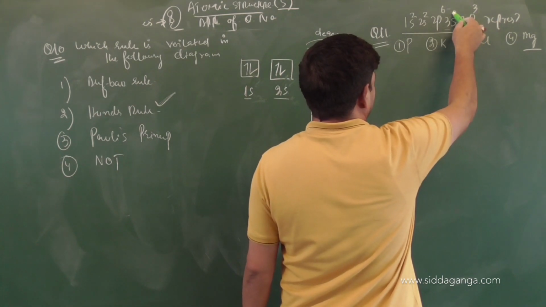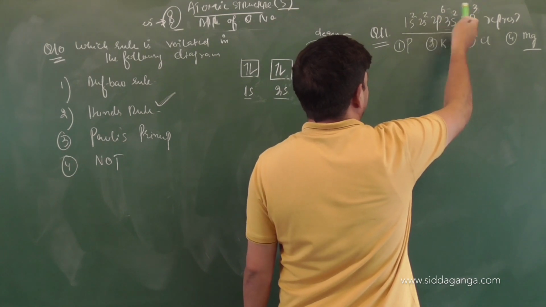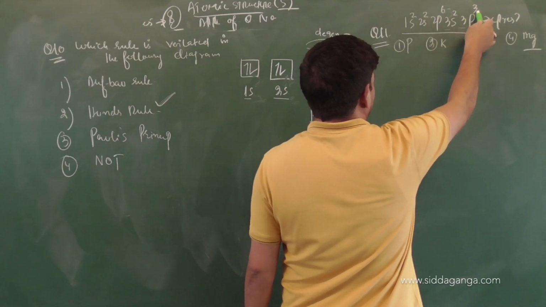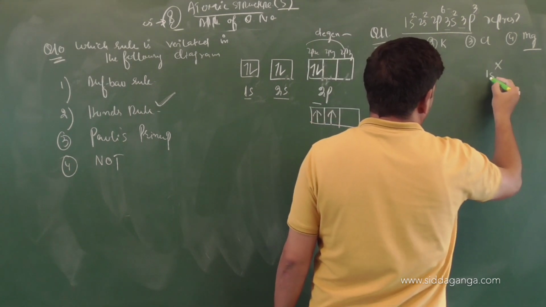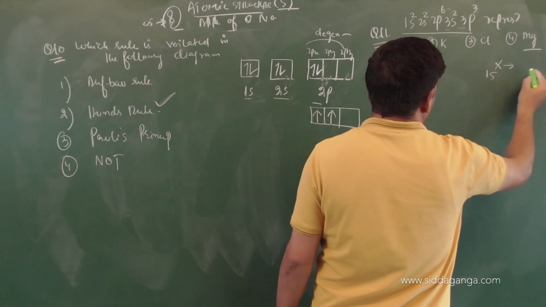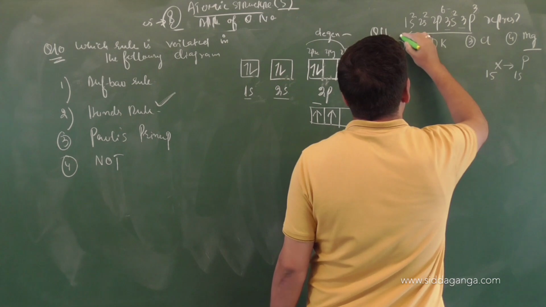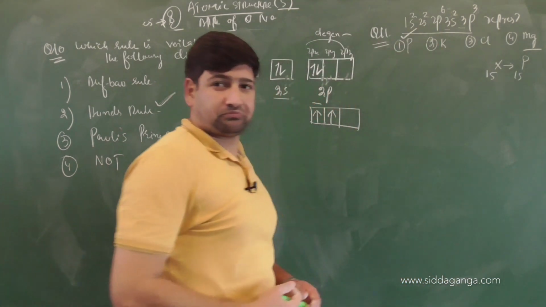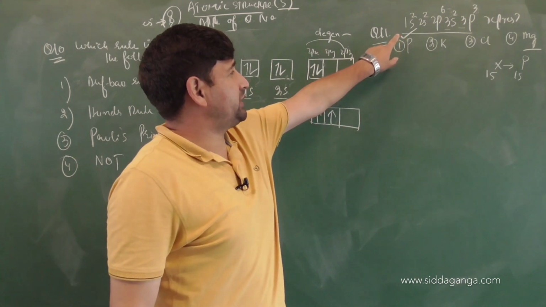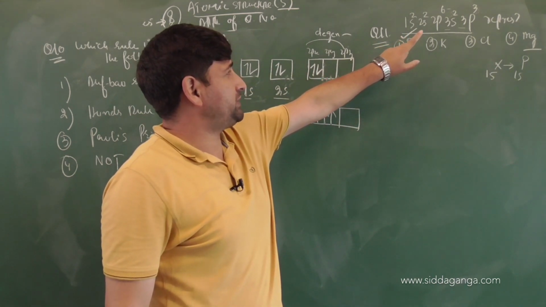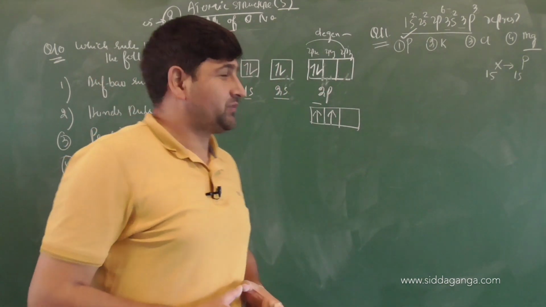3 plus 2, 5. 5 plus 6 plus 2 plus 2. So 2 plus 2 plus 6 equals 10, plus 2, 12, plus 3, 15. So here the element X has what atomic number? 15. And we know in the periodic table it will be phosphorus. So the correct option will be option 1, because this element is phosphorus with the electronic configuration 1s2, 2s2, 2p6, 3s2 and 3p3. Is that clear, children? Right.